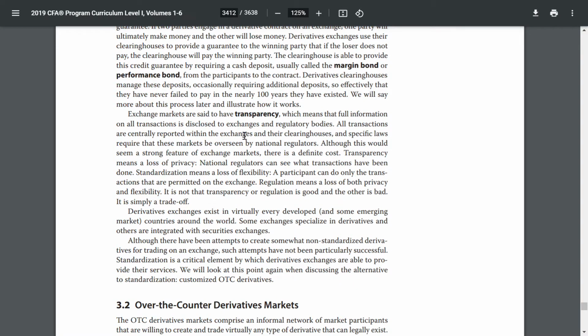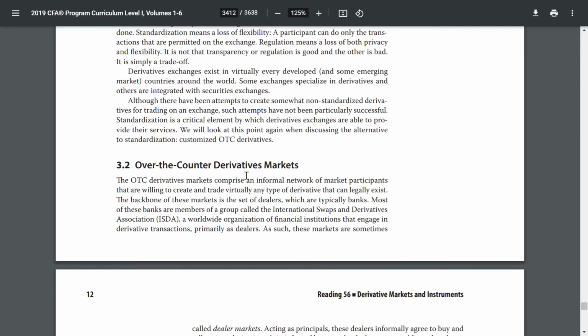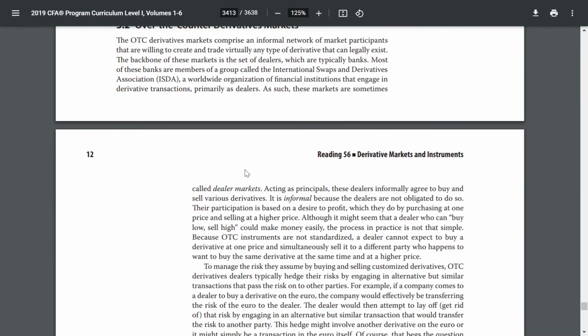Exchange markets are said to have transparency, which means the full information on the transactions is disclosed to exchanges and regulatory bodies. All transactions are centrally reported within the exchange and their clearing houses, with specific laws requiring that these markets be overseen by national regulators. Over-the-counter derivative markets: the OTC derivative markets comprise an informal network of market participants that are willing